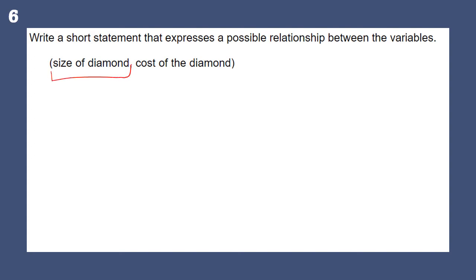The size of the diamond is not something you change based on cost. The size of the diamond is our independent variable. The cost of the diamond depends on how big it is. That's one of the things it depends on. So what we can say, if we were to just generally say it, is as the cost goes up, the size